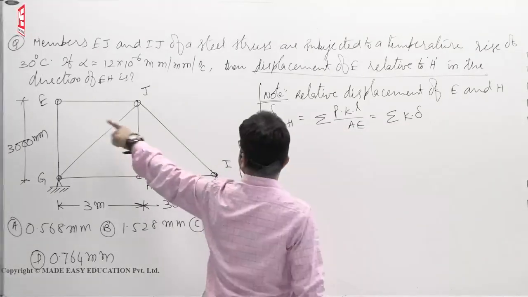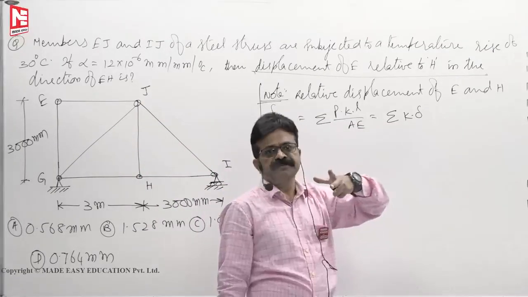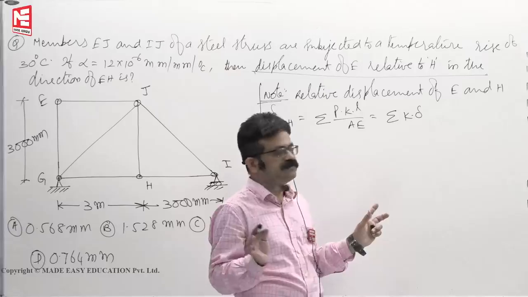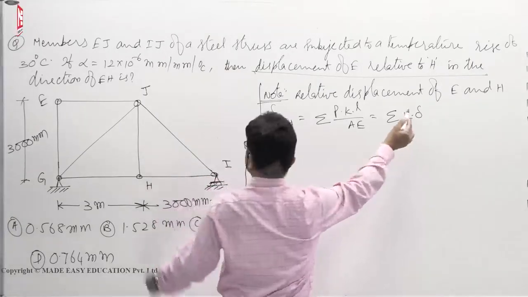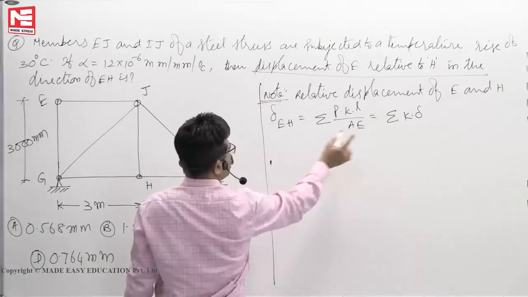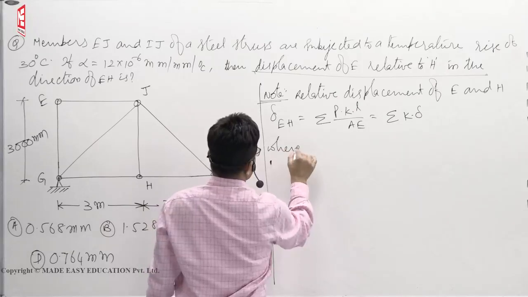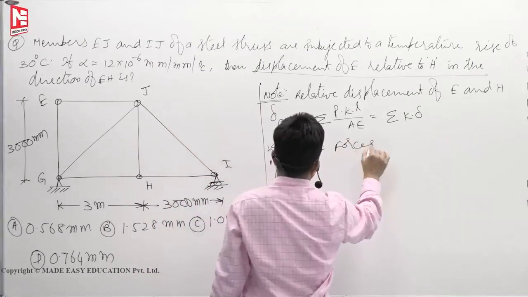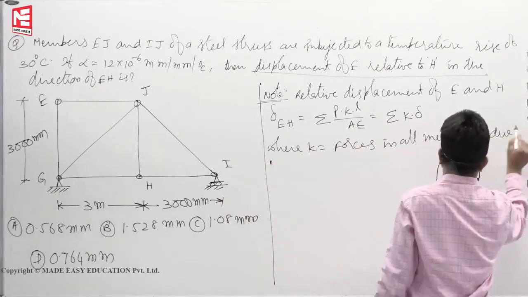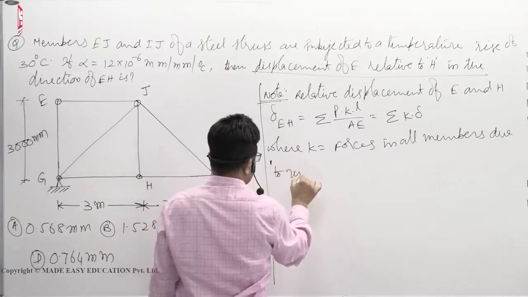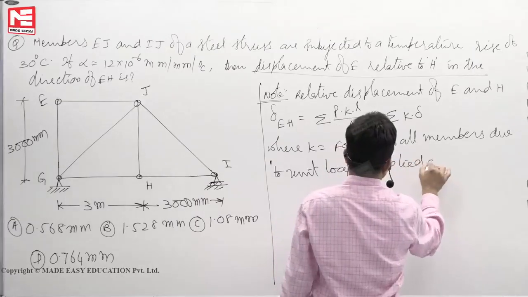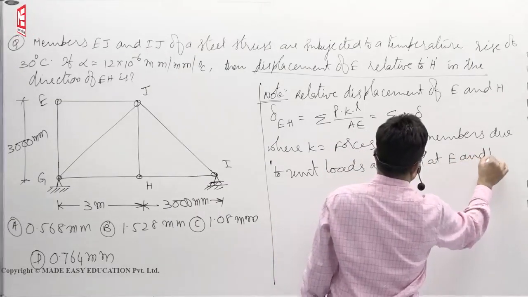In this case, EJ, IJ members are subjected to a temperature rise. That means they will expand. Only two members will expand, others will not expand. So delta values we can find, K values we can find, then multiply them. What is K here? Where K is equal to forces in all members due to unit loads applied at E and H,